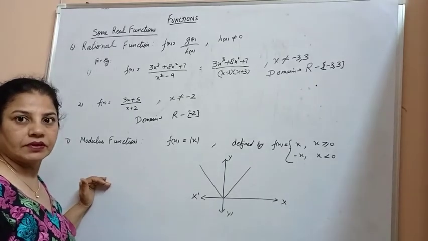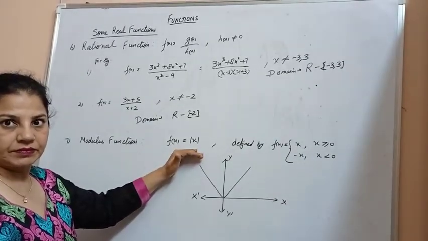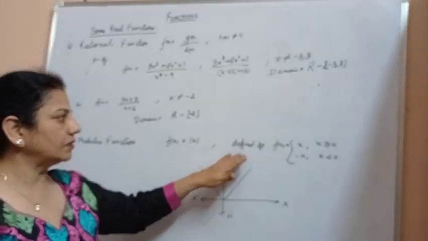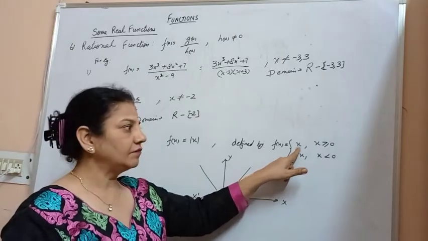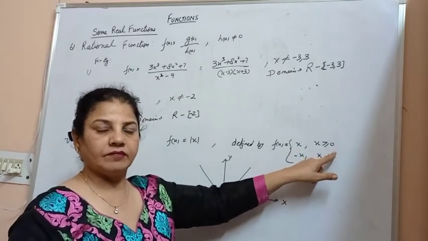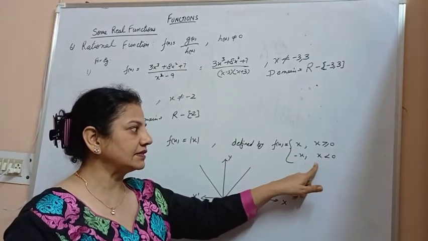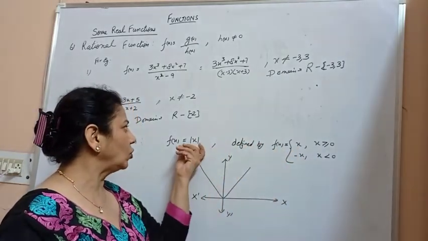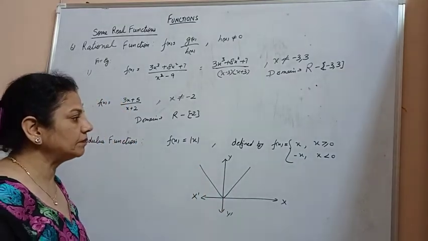Modulus function. The modulus function is defined as f(x) = |x|. Further, this modulus function is defined by f(x) = x when x is greater than or equal to 0. When x is positive, we get the value as x. When x is less than 0, when we open this modulus function, we get the value as minus x. For example,